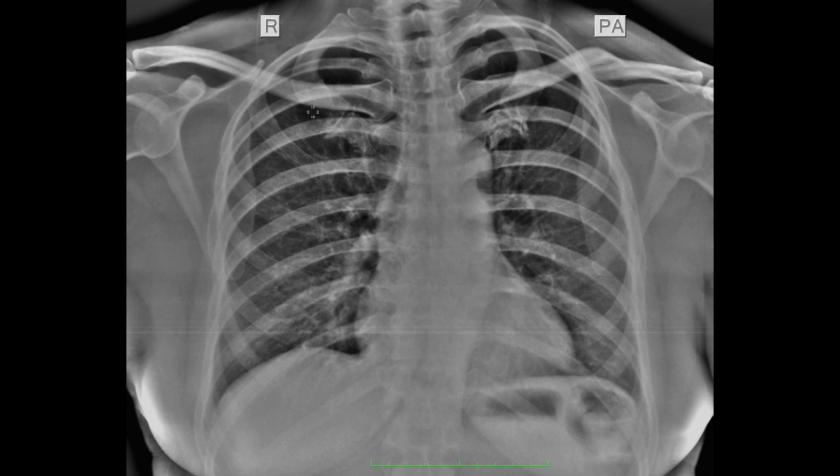Then coming still outside, you look at the chest wall, look at the ribs if there is any fracture there, and also look at the intercostal spaces. Then finally look at the periphery of the lung. There should be no air under the diaphragm. There should be no fracture, like there is an old malunited fracture of the clavicle here. Also you can sometimes find avascular necrosis of the head of the femur or some bone cyst there. Just a word of caution, don't miss the periphery of the film.